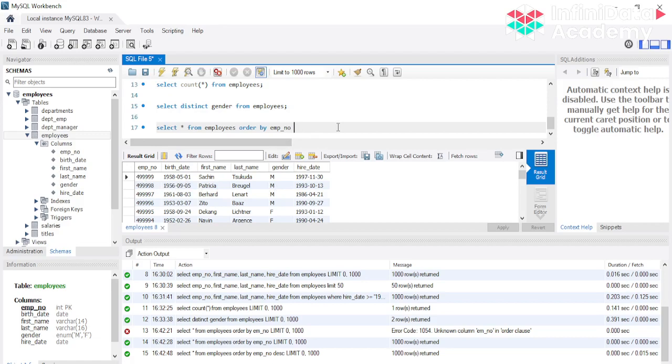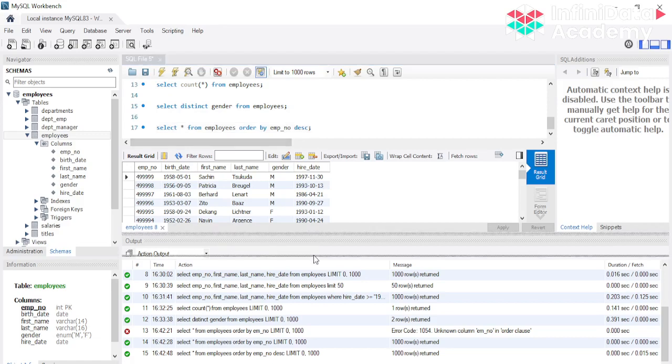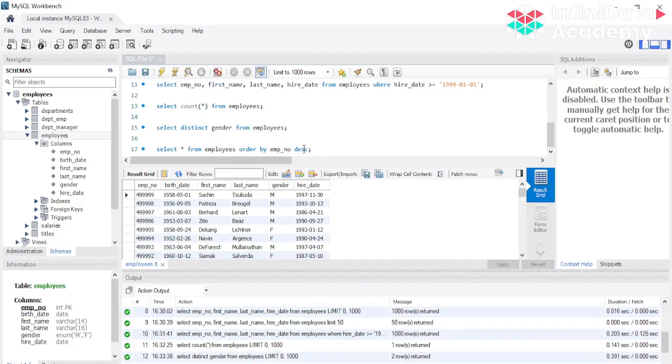Just in case, if let's say you want to do it for multiple columns as well, तो वो भी आप कर सकते हैं. You can order them by employee number, and as well as, let's say I want to order by hire date after that, right?